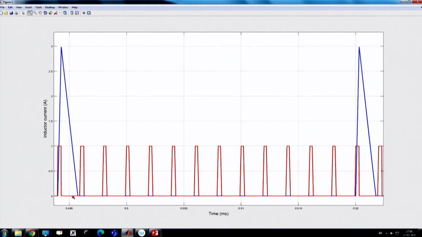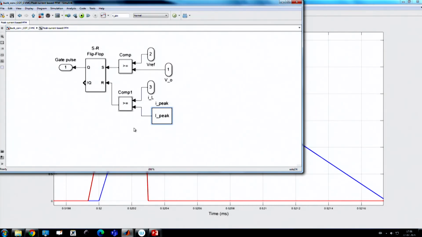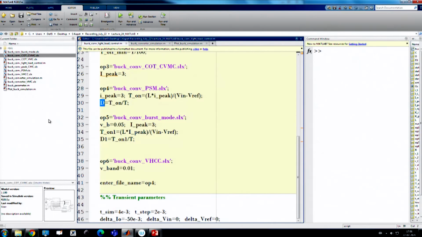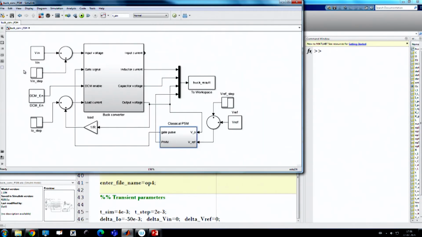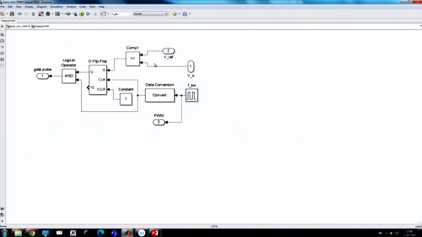It will turn on for 1 cycle and go back to 0, and then the inductor current will fall, and the switching clock will be skipped for this entire duration. Again it will be activated here, because if I take this particular PSM logic, this logic is coming from this D flip flop, which we have discussed, and we are going to check.